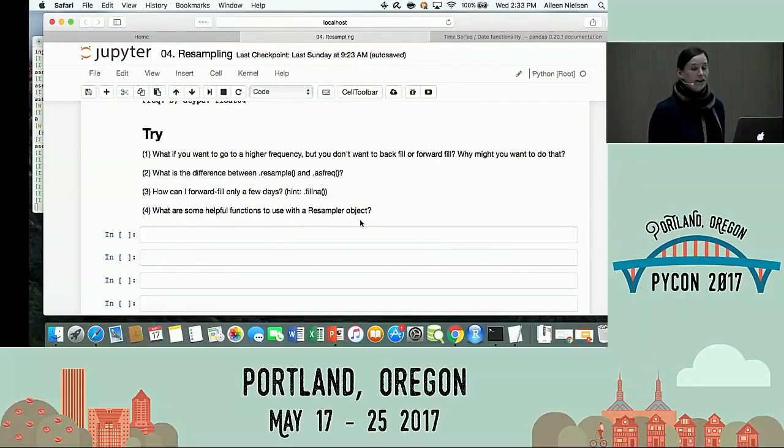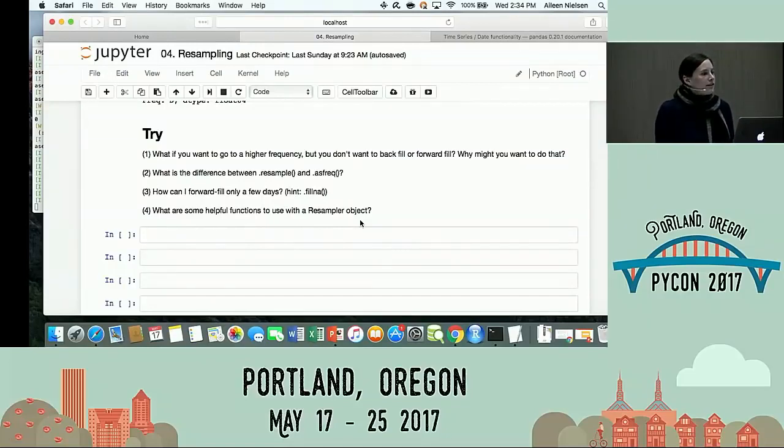That's more direct. But on the other hand, especially when you're downsampling, if you're going from, say, hourly data to data that comes every 5 hours, and you want a way of using all of the data, rather than just grabbing the point in the time series that corresponds to that time period, you will use resample, right? And then you can do something that uses all the data you used during that time period.